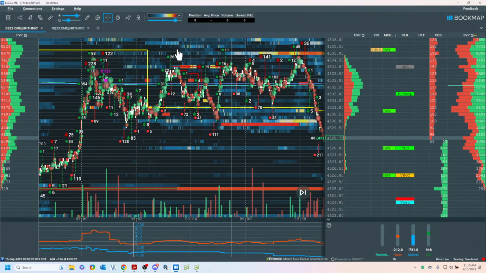But here's what I know. I know if I get taken out of this trade, my stop's going to be above here. Why? It was too high. And I know the market can come back and check it and then bounce off it. Notice how we bounced off of this one, right?